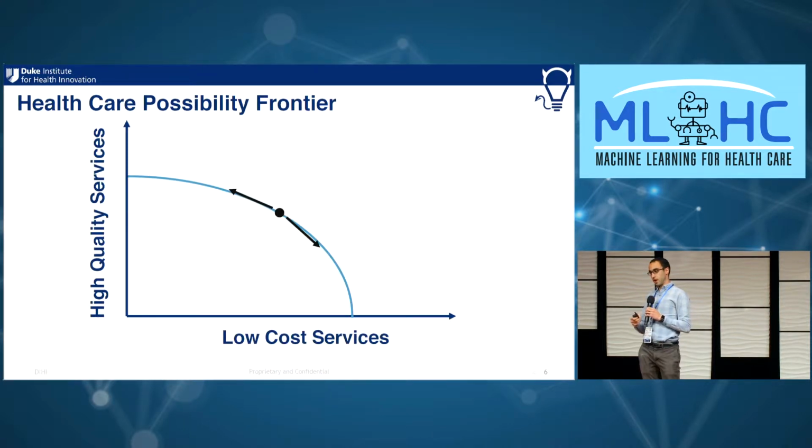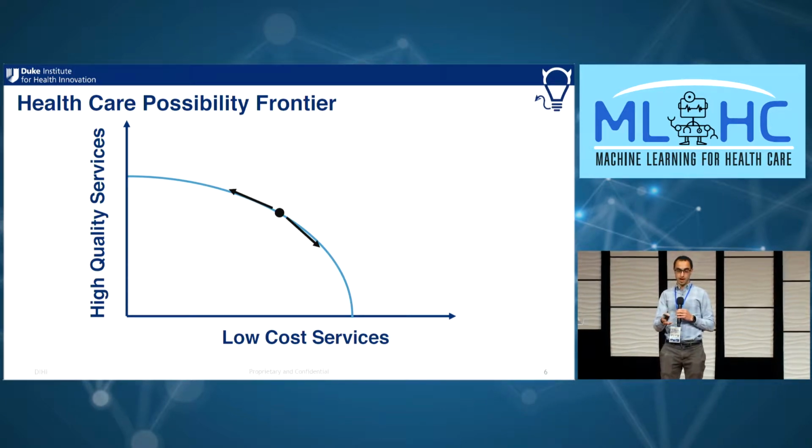So when we try to describe what we do in healthcare, it's a concept from economics. It's called a production possibility frontier. Large organizations are typically fixed in their capacity to produce goods. Adopting that for healthcare, you can think about there's a fixed amount of goods that we can produce in terms of low-cost services and high-quality services, and that there would be a trade-off if we wanted to